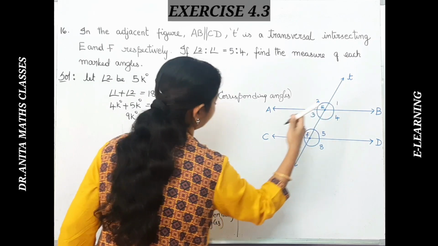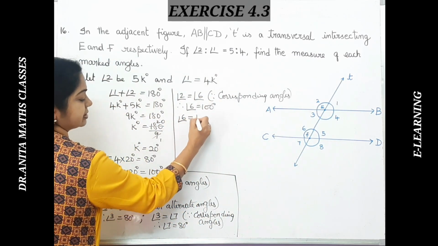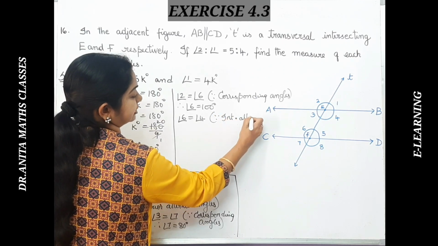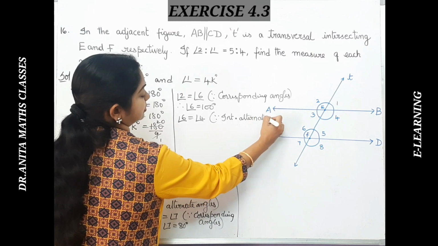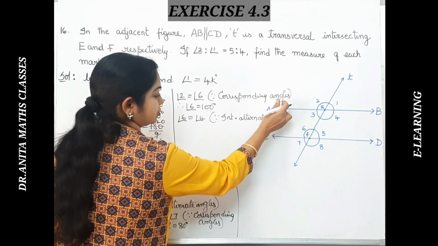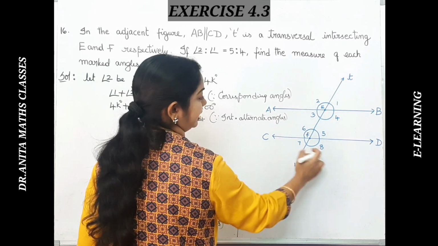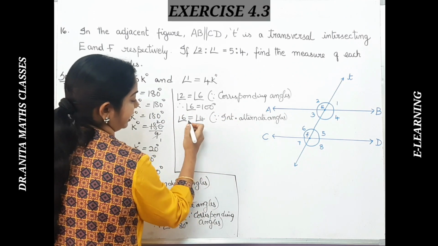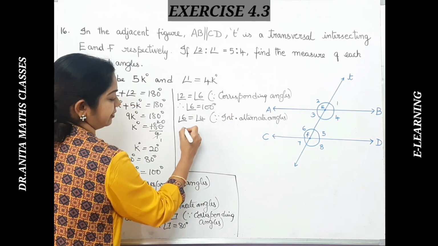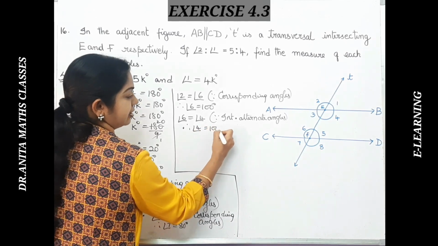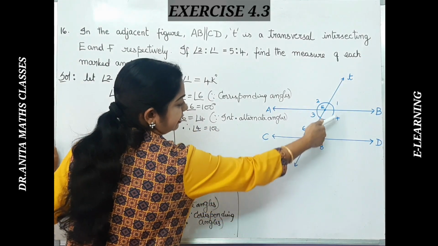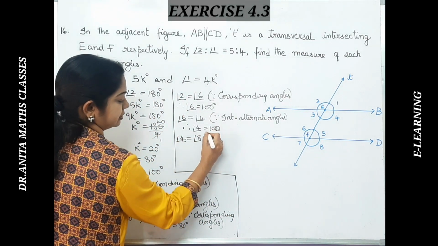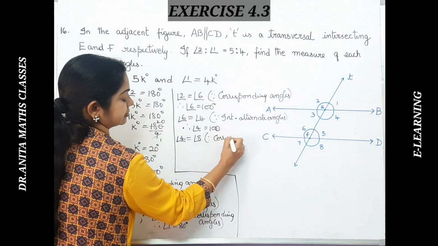Now angle 6 and angle 4 are interior alternate angles. Angle 6 and angle 4 are equal since interior alternate angles are equal. Because these two are parallel lines and this is a transversal, 8 angles form and they satisfy the conditions of corresponding and interior alternate angles. So 6 is 100 degrees, therefore angle 4 is 100 degrees. From angle 4, angle 8: angle 4 and 8 form corresponding angles again. Angle 4 is equal to angle 8 since corresponding angles.